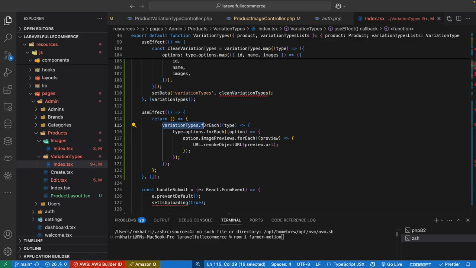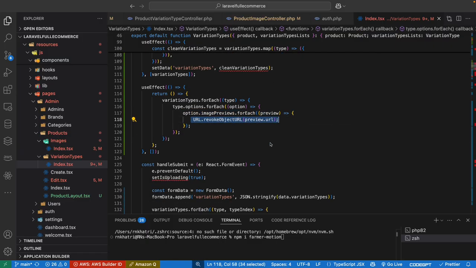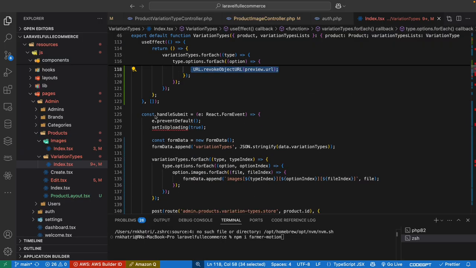How many variations we have, and this type option also has variation type image as a preview, making an image URL. Okay, this is for preview. And after that, handle submit: we have the event, and prevent default,